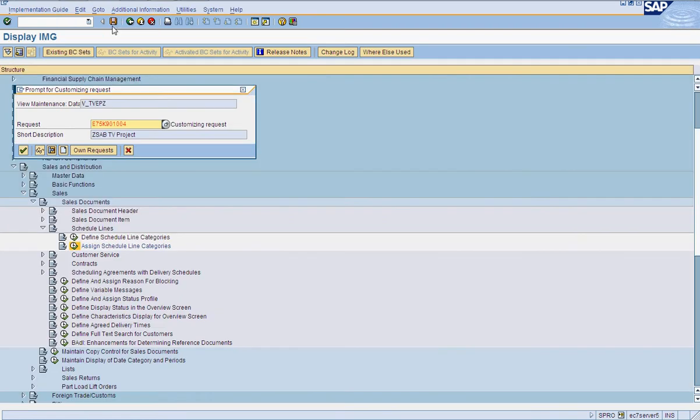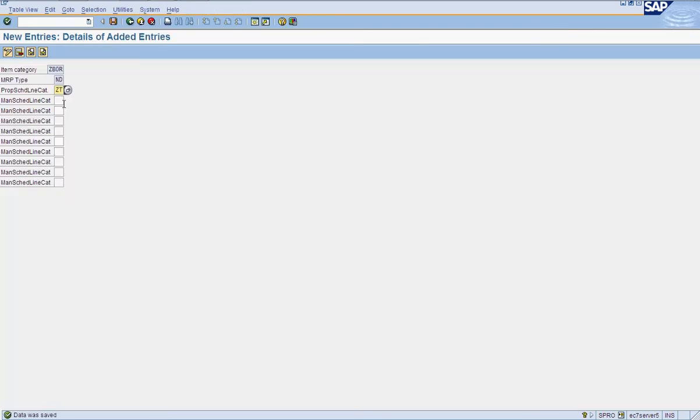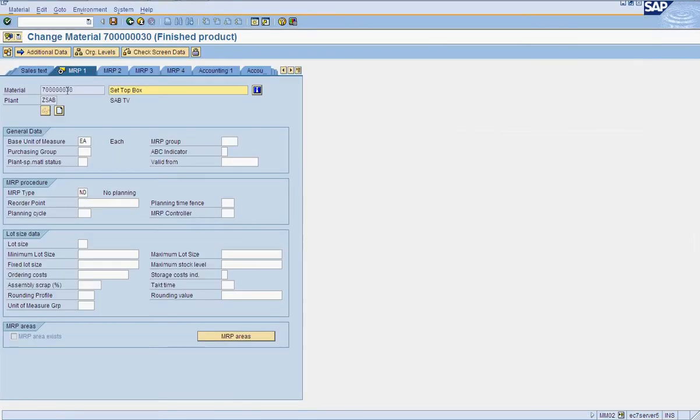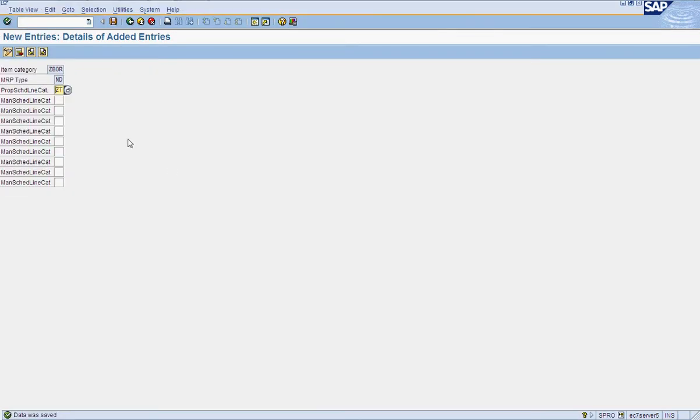So when we create an order for this material, based upon the item category group, it will determine ZBOR item category, and once it determines ZBOR, it will use MRP type ND to determine schedule line category.